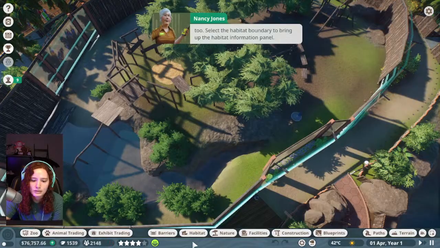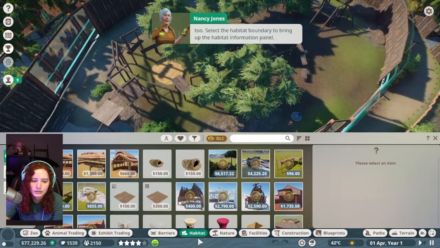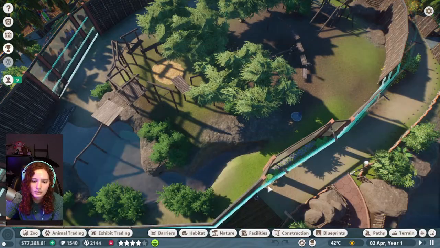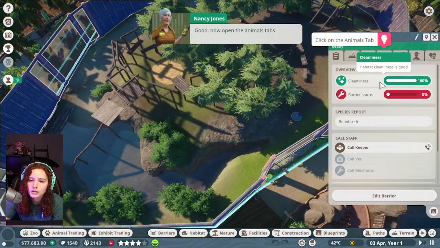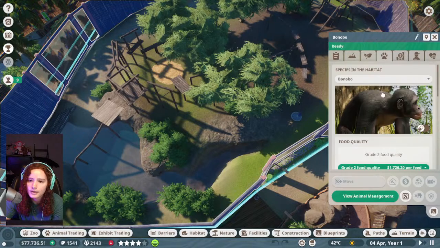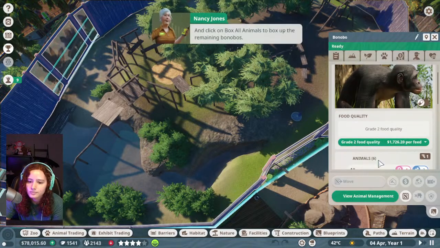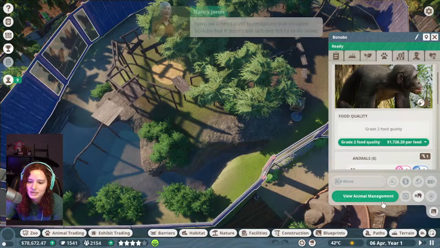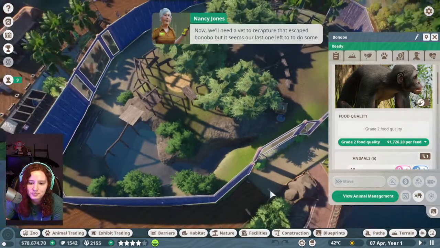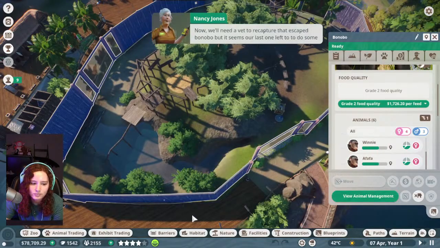Select the habitat boundary to bring up the habitat information panel. Good. Now open the Animals tab and click on Box All Animals to box up the remaining bonobos. Now, we'll need a vet to recapture that escaped bonobo, but it seems our last one left